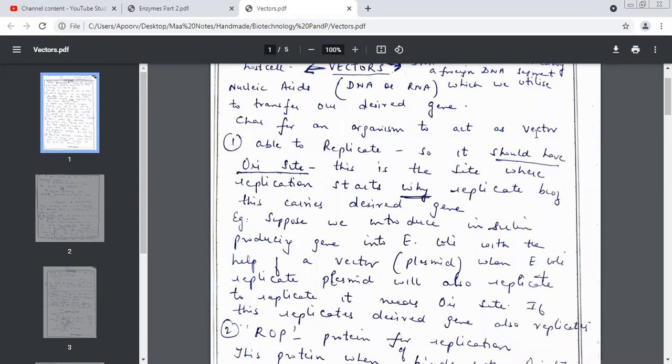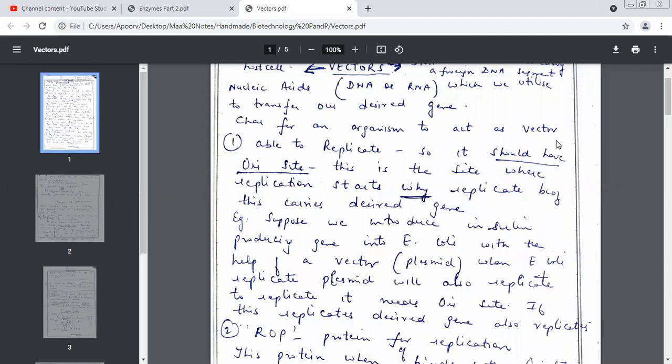Now, characteristics for an organism to act as a vector. Supposing I say, okay, go and select a good vector and bring it for me. Now, what are the 5 things you will check to decide whether you can use this as a vector or not? Everybody has understood vector? Vector is something that will carry your foreign gene into the host body. And after going inside, it will start doing what? Replication. Very good. So that multiple copies are made of that particular gene and whatever effect we want is produced